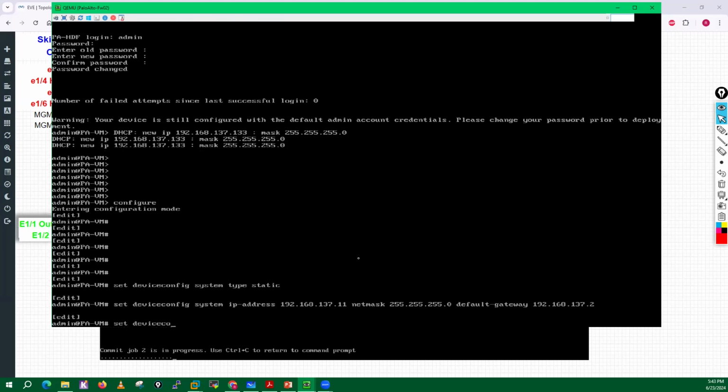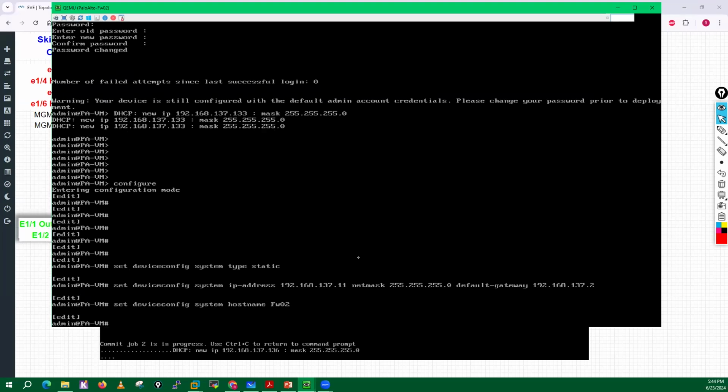Set deviceconfig system hostname FW02. Configure the domain name as well,